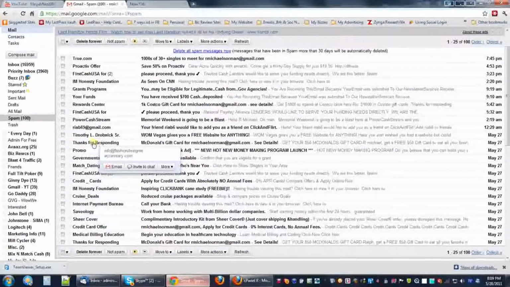You filter it. Okay, here's an email from "thanks for responding, McDonald's gift card." With these gift card things, you usually have to complete a certain number of offers, which cost money. That's how they can afford to give you the gift card. So they're a waste of time. Anyway, here's the email address that it's coming from, and it's info@fashiondesigneraccessory.com. And I'll bet you dollars to donuts